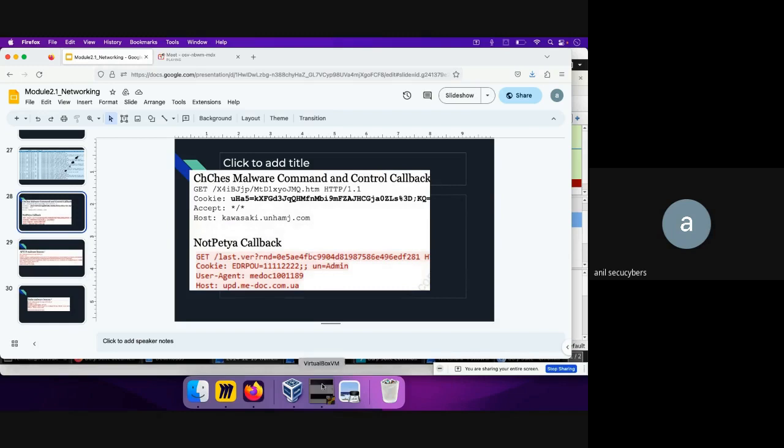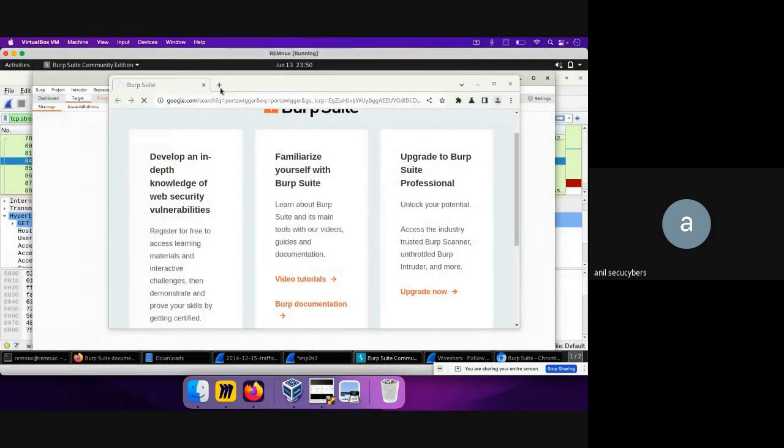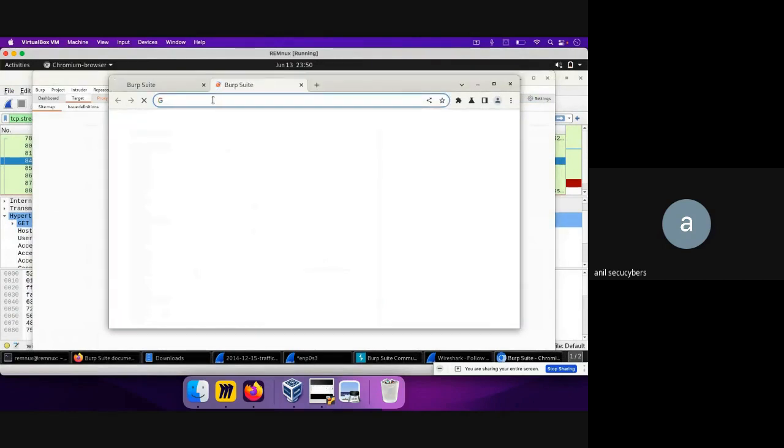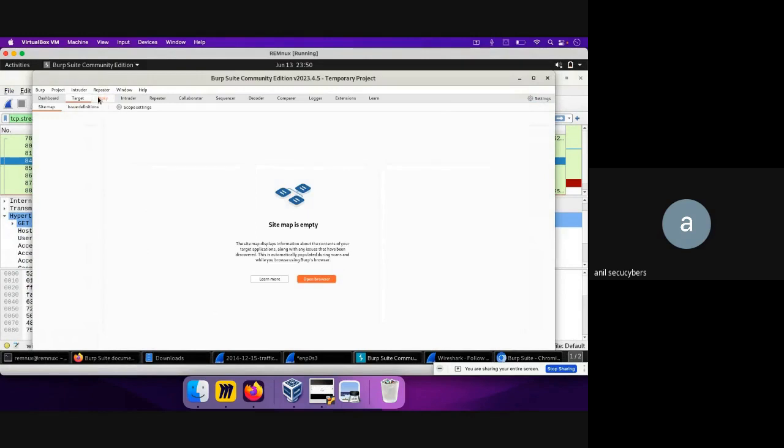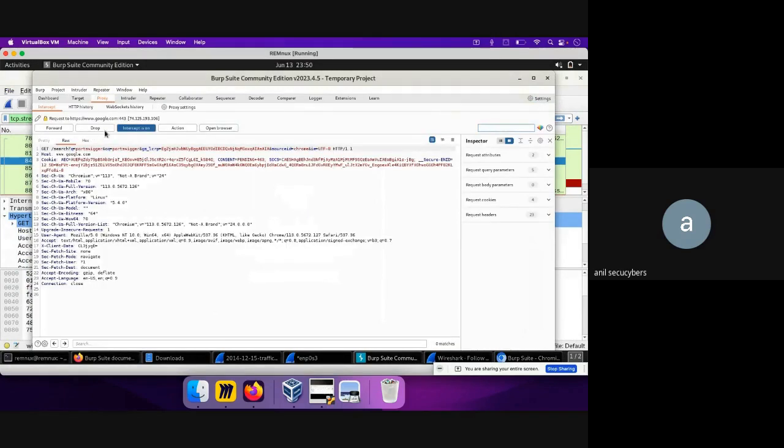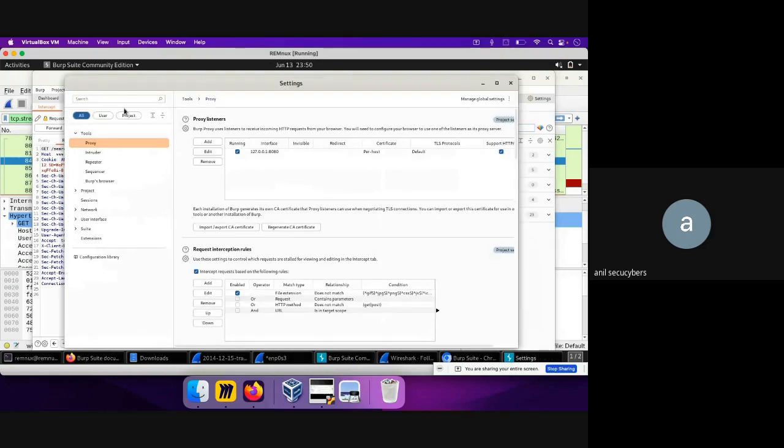Okay, so let me just see if this has taken effect. I don't think it is still working. Let me go to proxy and proxy settings. It is looping back, it is reading on the localhost over port 8080. Okay, the reason why this website was not